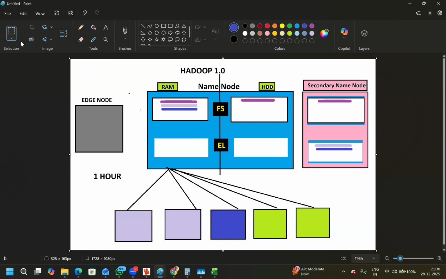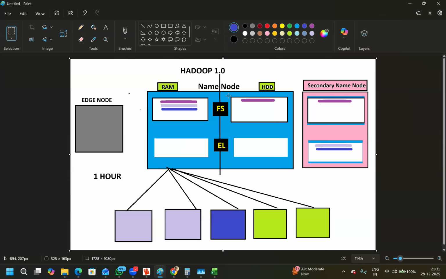I will reiterate it. Don't worry. Let me go through the concepts first. Slowly, you will get to know. First action: copy it from RAM, send it and save it in the secondary name node. Second action: delete whatever there is for edit logs in RAM, clear it out. Then third action: copy the FS image which was in SSD till now, and bring it to the secondary